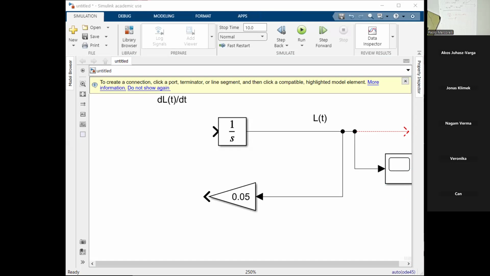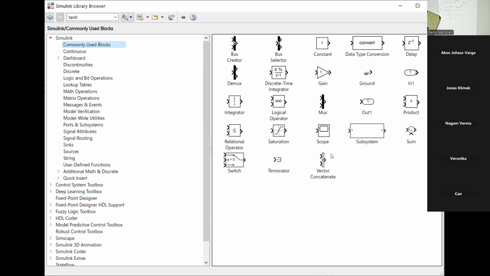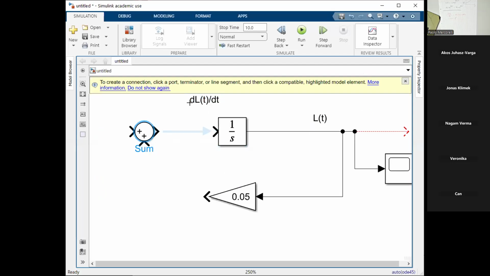If you go to the commonly used blocks, one of the most important, look, here I have this sum. Click on the left, maintaining, and drag. This means now the derivative, let me switch with the lateral camera. The derivative of the liability over time is equal to this as before plus u of t,